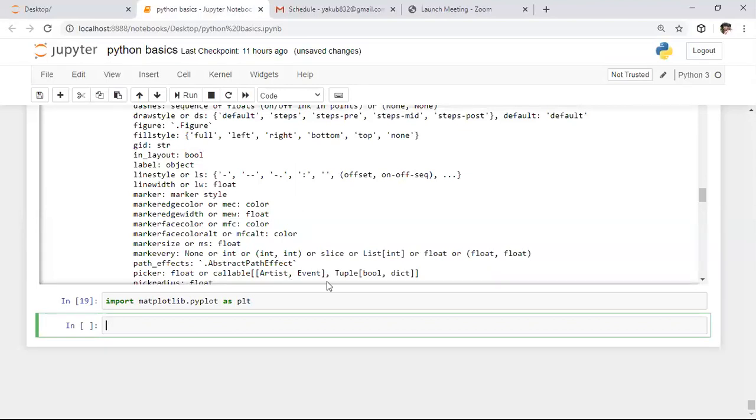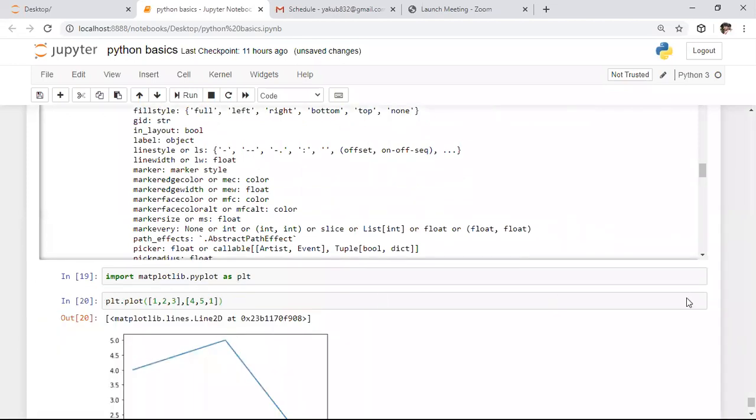So after this, I want to plot the basic plot. To plot the graph, we need to use the plot function. So here I'm using the plot function. In this plot function, I want to specify two lists. By default, the first one corresponds to the x-axis and the second one corresponds to the y-axis. So I'm specifying the y-axis in the second list, with values 4, 5, 1. Here I'm specifying some random values. After specifying a few random values, I am running this portion.